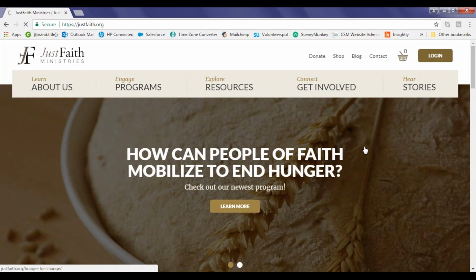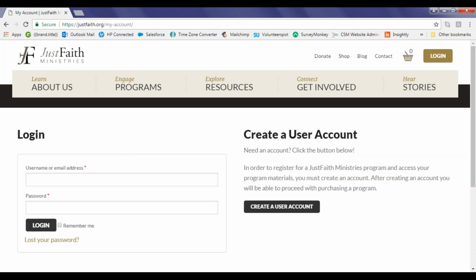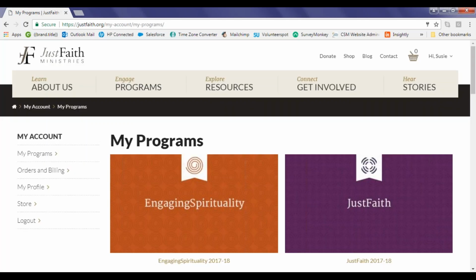it's going to bring up a prompt for username and password, and you simply enter your username and password that you created. If you did not receive one of these, Susan Chapman can certainly help you, or you may want to visit with your parish or congregation office and ensure that they designated you as a facilitator for the group. If they did, you should have received an email invitation to create an account from JustFaith Ministries, and in that case,